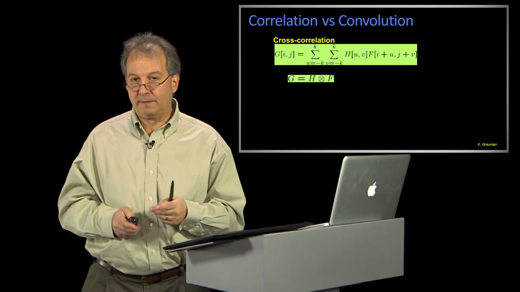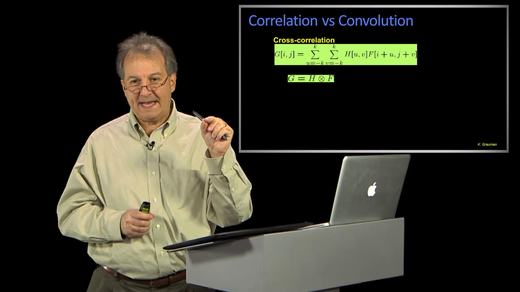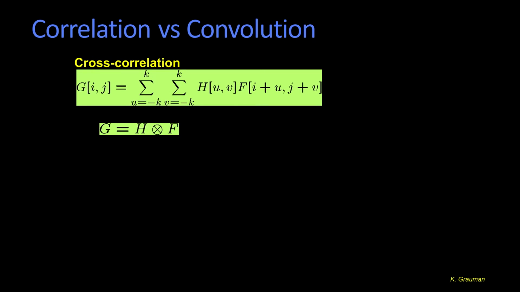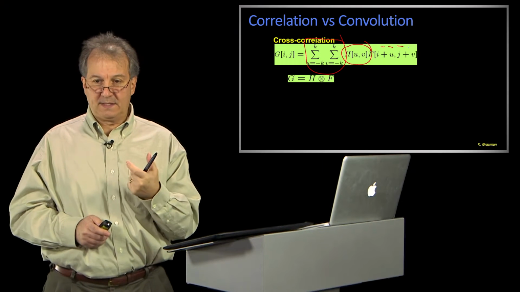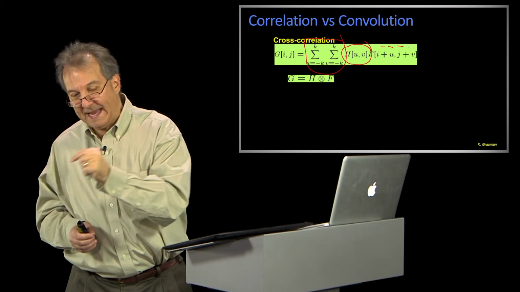We had this problem that when we put it through a correlation, we got back out this flipped thing, all right? If you remember, here's the equation of correlation. We have this kernel H, and we sum over it, going from minus k to plus k, multiplying it times our image. And what that did was it caused us to end up with that flipped result, all right? The right way of thinking about this is that when an impulse comes in and hits the filter, what comes back out is sort of this reverse signal.